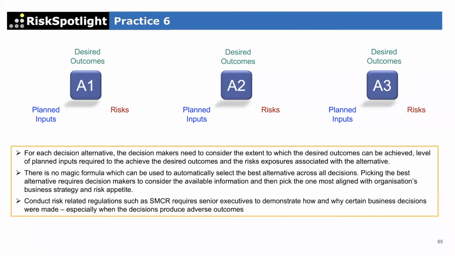Once you pick a particular alternative, the last point I've highlighted here is that, from an SMCR perspective, at least in the UK, there is more of a requirement for senior executives to demonstrate how they made a certain decision. So you need to have evidence that you considered the operational risks when making that decision. If we're not capturing these decisions in a structured way, it will become very difficult, especially when something goes wrong and the regulator asks, okay, show us that you considered your operational risk as part of this outsourcing decision 3 years ago.